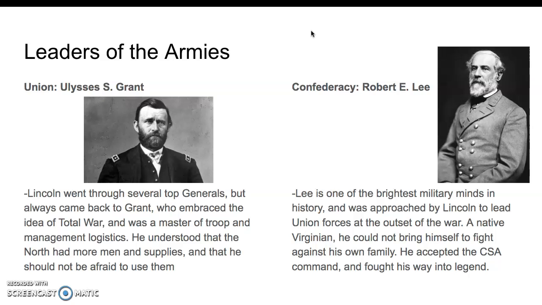The leaders of the Army. By the end of the war, for the Union, you can have Ulysses S. Grant. For the Confederacy, you can have Robert E. Lee. Yes, the guy they called John Brown, the abolitionist. Lincoln's going to go through